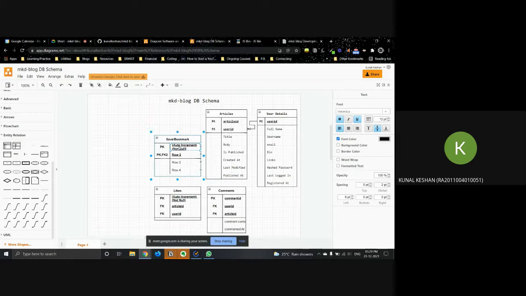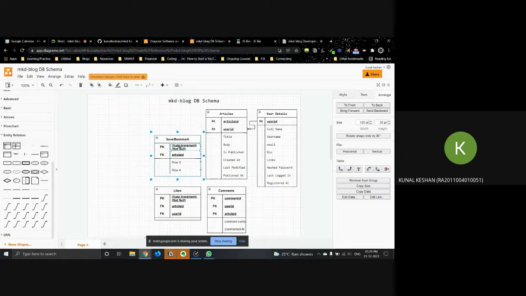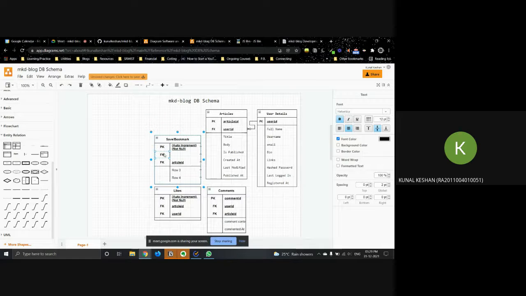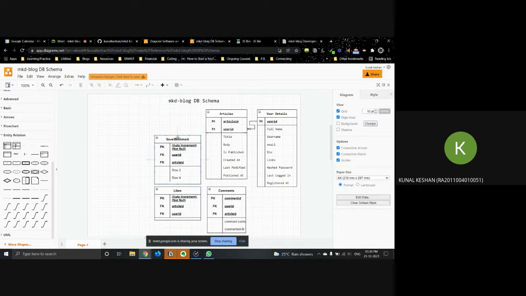These are the constraints we'll be putting. Then a foreign key, which article they are bookmarking, and again a foreign key, who bookmarked that article. So that relation you can do to the user ID.